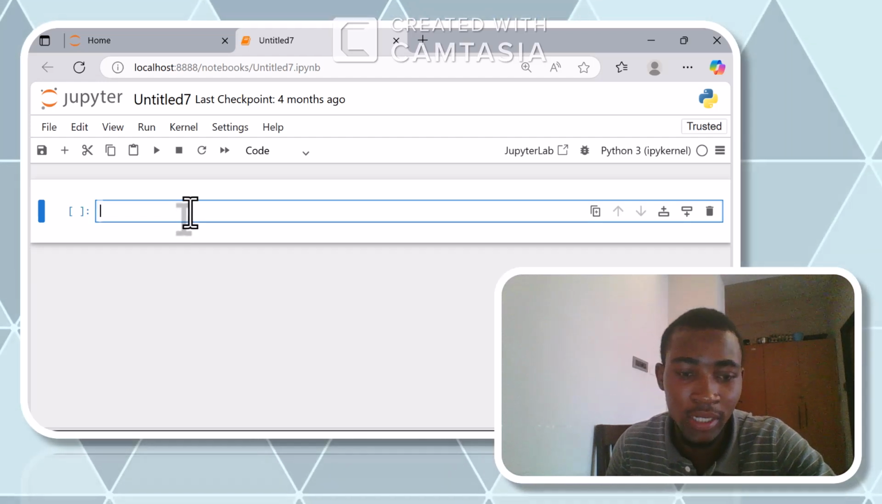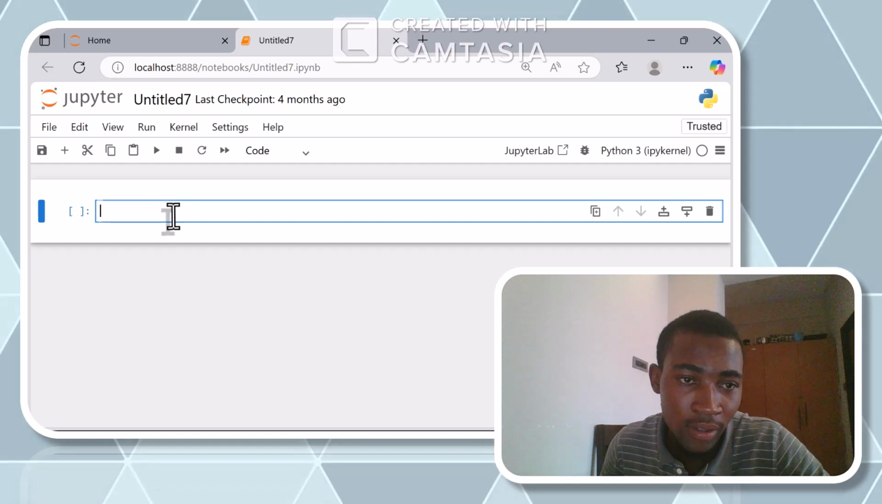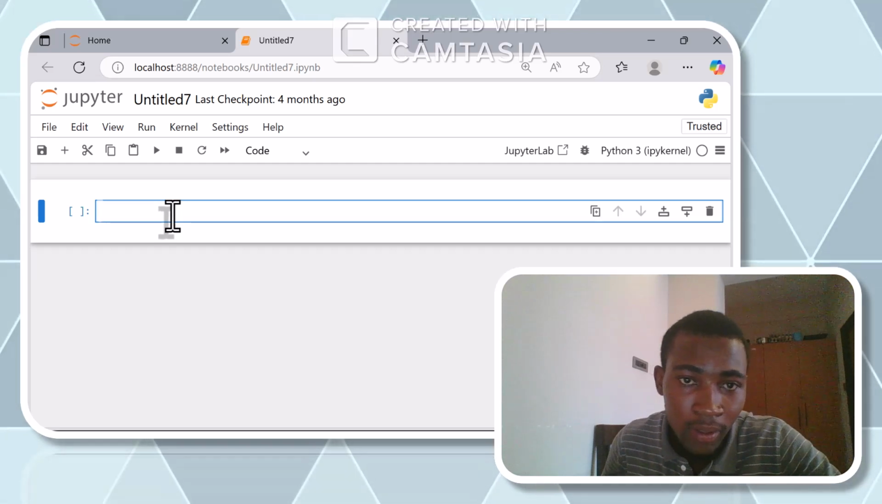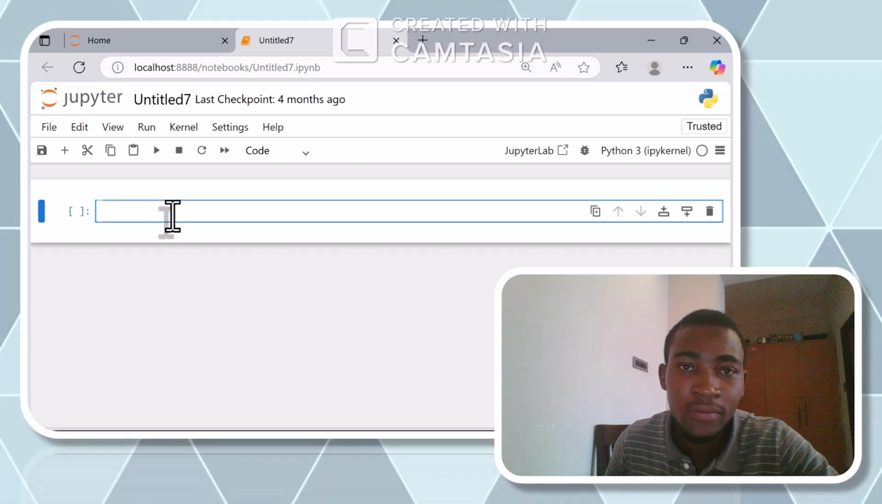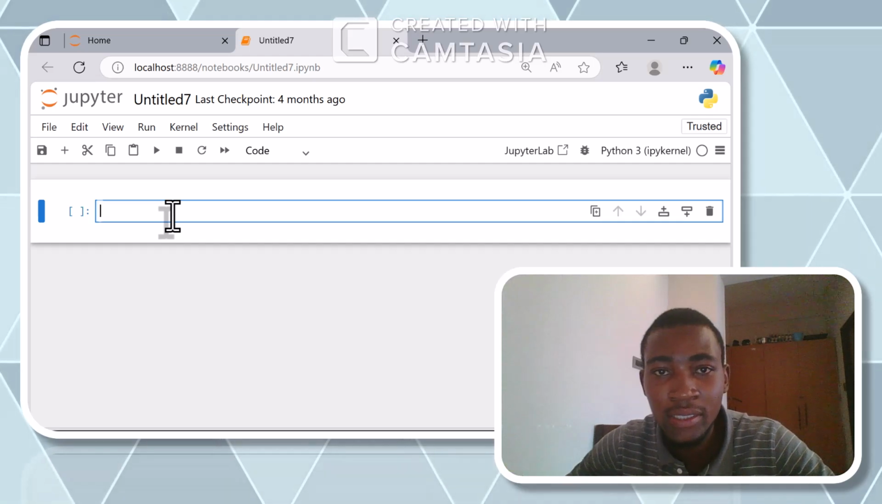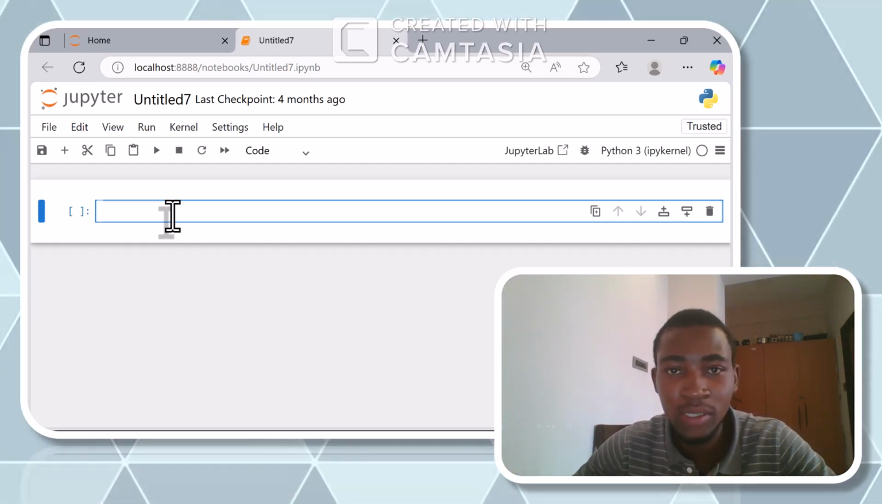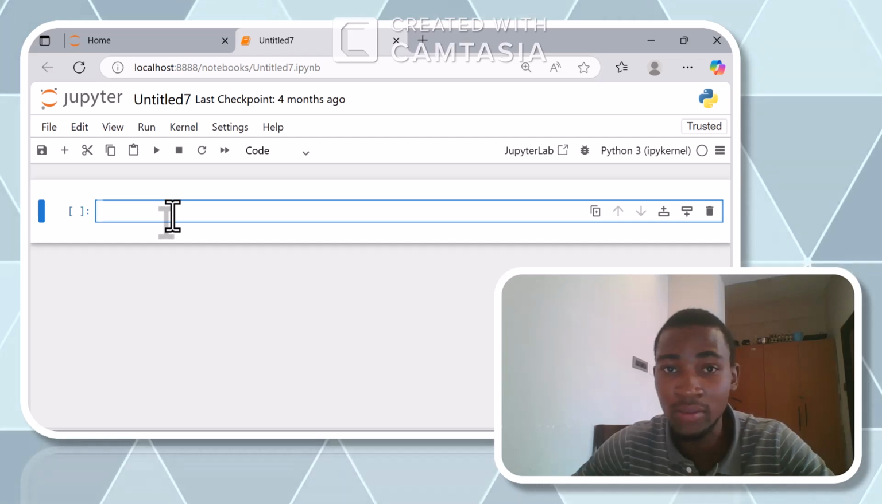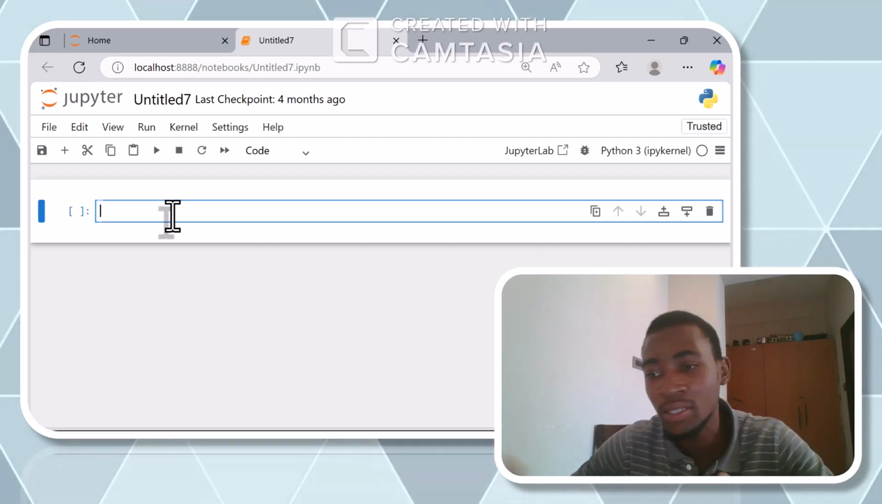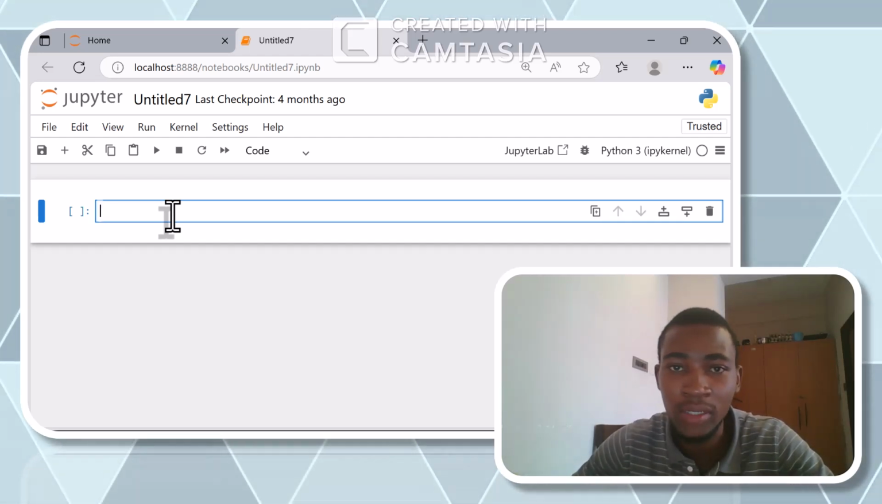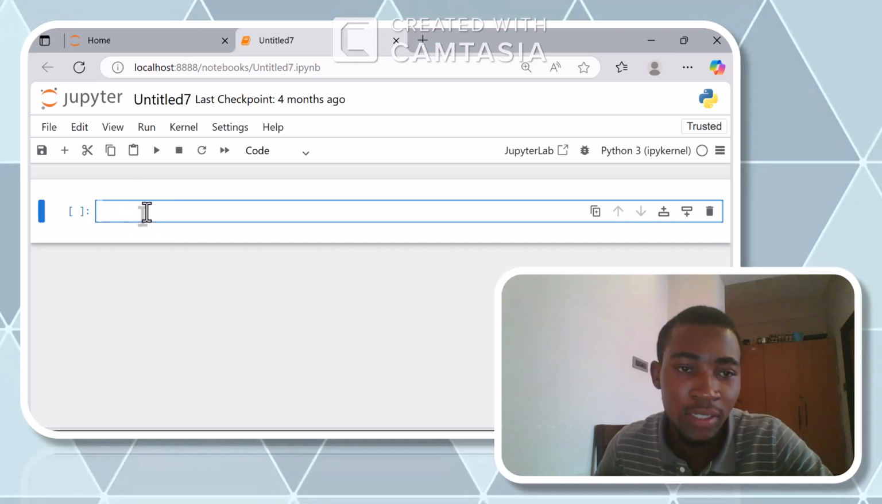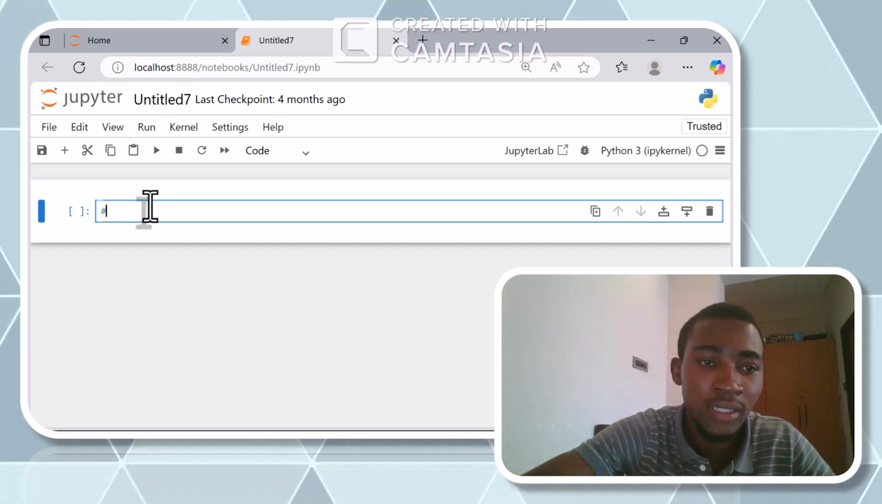So we are going to start with comments. Comments in Python are just text which cannot be printed, which the interpreter cannot run. So this is text that will be explaining the code. Let's say, for example, you are saying